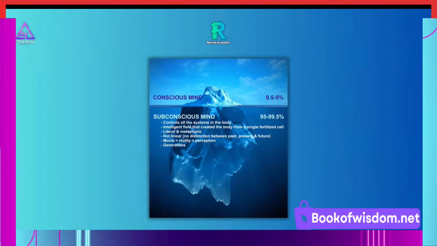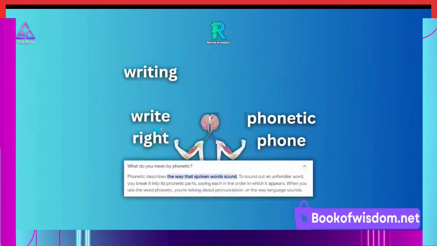Essentially, your conscious mind is only the 10% of you. The conscious mind is just what you're aware of, what you're wearing, how you're feeling, what you're thinking. That's your conscious mind. The subconscious mind is controlling every system in your body. It's telling your heart to beat without you being conscious of it. So essentially, this is what they're programming. They're programming this system in the back of the mind, which is controlling everything through the words. And this is what spells are, because it's all about creating perception in the subconscious. So they want you to use that right side more.